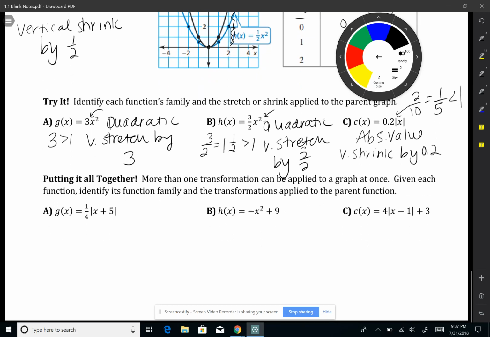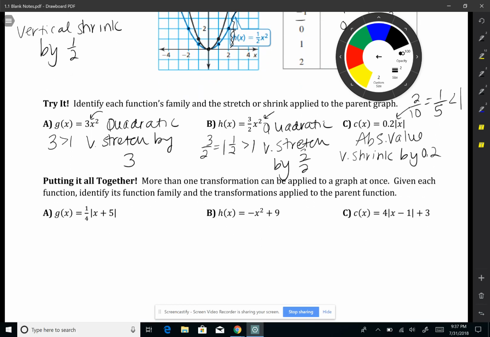Okay, I'm going to quickly do these last 3 problems. They have multiple transformations because you can put more in one function. I'm going to breeze right through it. If we just review quickly, these stretches happen by multiplying in the front. So in letter A, I have a 1/4 out front of this absolute value. And that 1/4 is less than 1. So that's going to be a vertical shrink